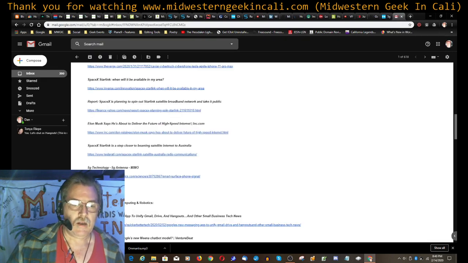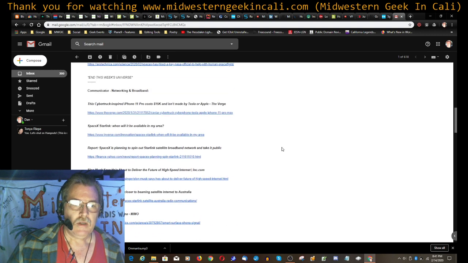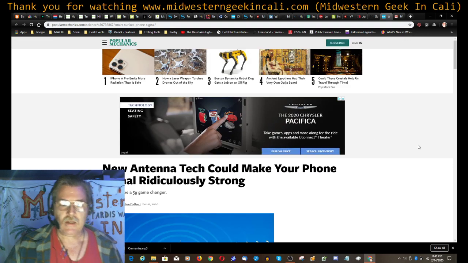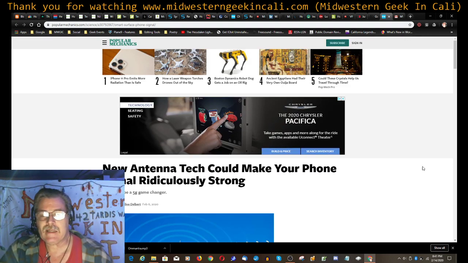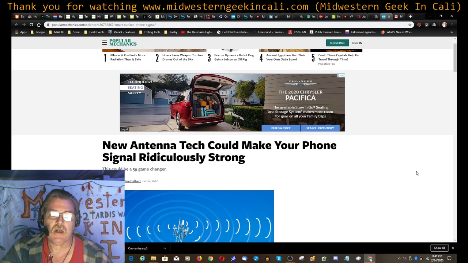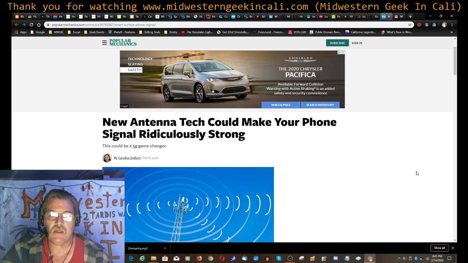All right, and this last one in the communicator here is 5G technology, 5G antenna, and MIMO. So let's go take a look at this. New antenna tech could make your phone signal ridiculously strong. And this is pretty interesting.